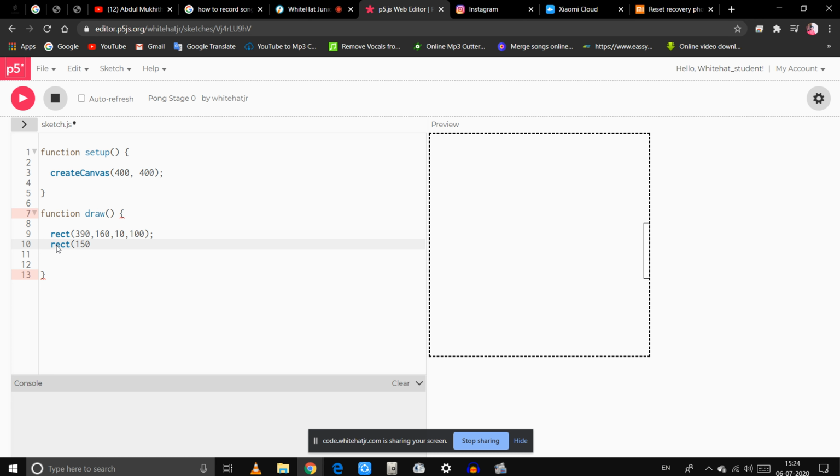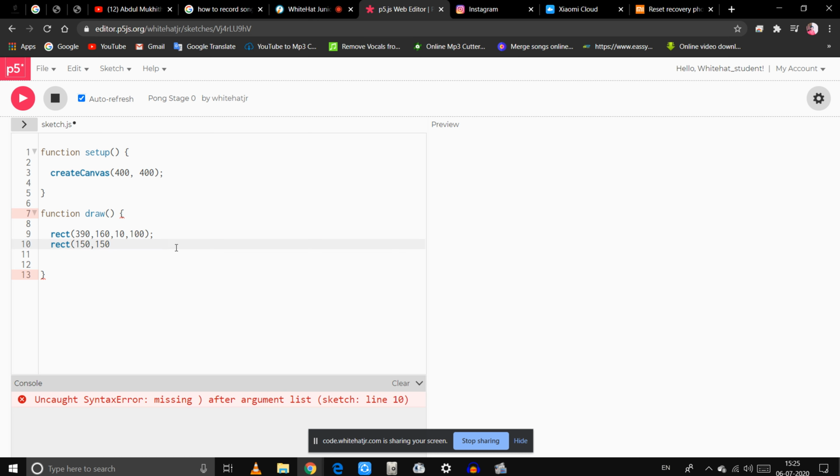Okay. And we want both the values to be at the same level. Listen, you click on auto refresh. There's auto refresh written on the top. See? Yes, okay, ma'am. Now we want the same level. So what will be your Y? 300, ma'am. No, at the same level you want, no? So it will be 160. Okay, ma'am. Oh, sorry, 160. Now what will be the dimensions? 10 and 100, I'll keep it, ma'am.